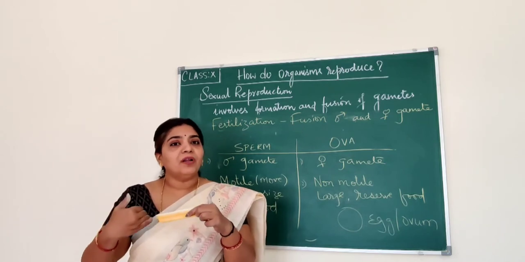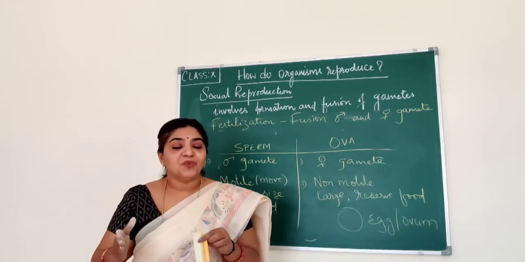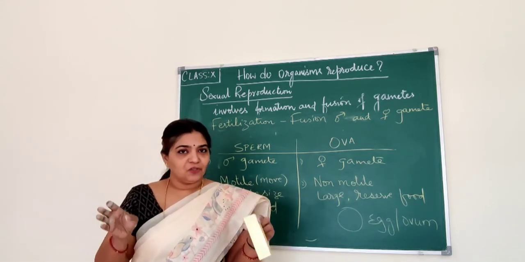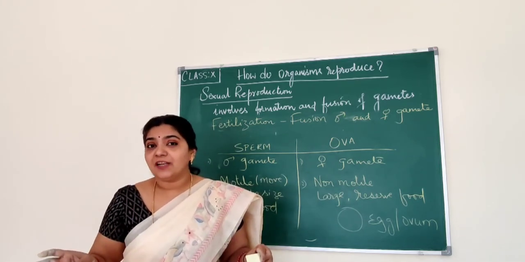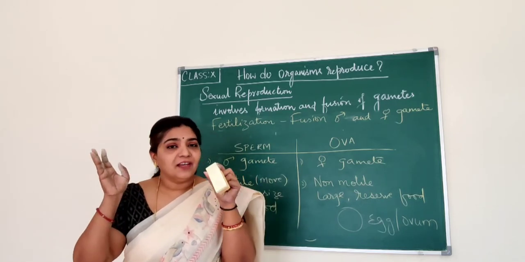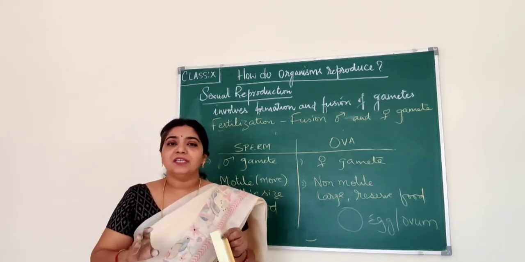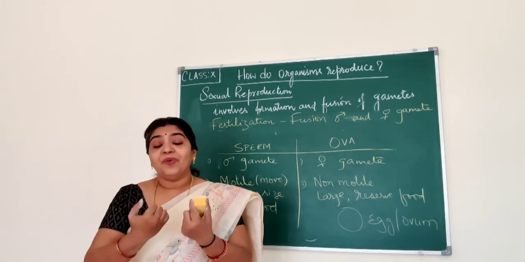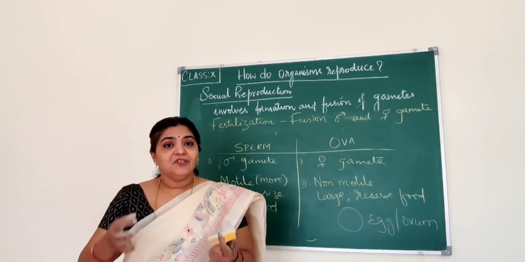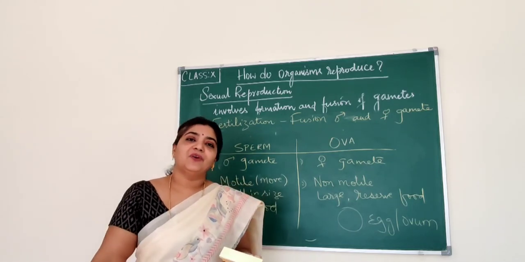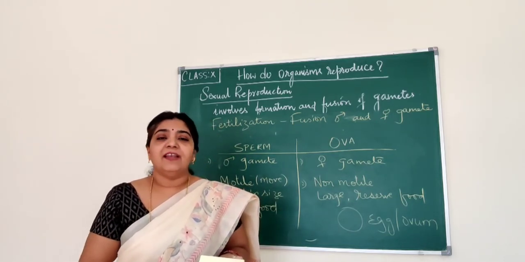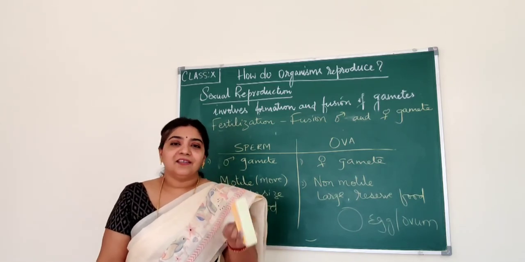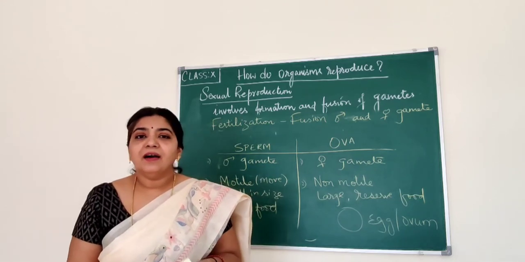And in what way the number of chromosomes is maintained in organisms which undergo sexual reproduction, that also you should know. It is because of meiosis cell division, which helps in reducing the double set of chromosomes into a single set of chromosomes, because sexual reproduction involves the formation and fusion of gametes. Right? So it has to reduce, so the resulting zygote, the resulting embryo, will get the correct number of chromosomes. Now let us learn about sexual reproduction in higher plants.